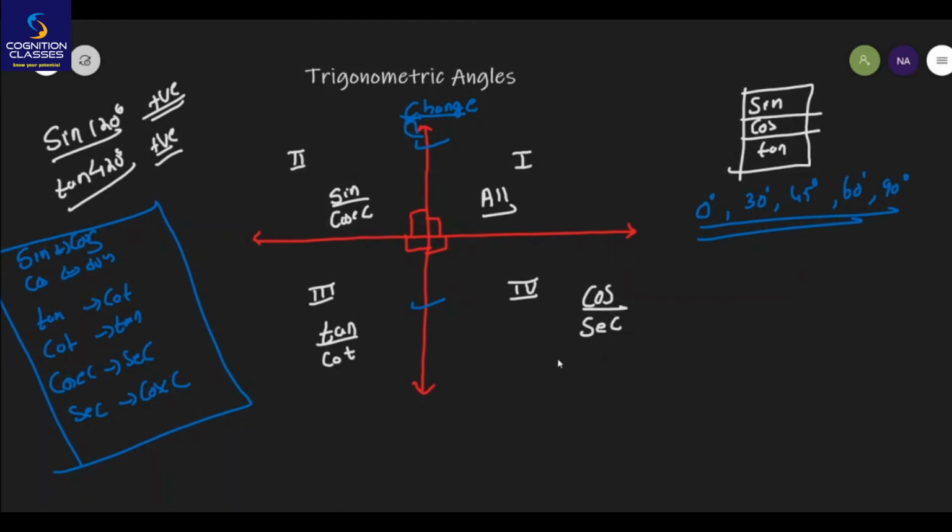Suppose I wanted to find the value of sine 90 plus theta. Let theta be any angle here. So I am going in the anti-clockwise direction, 90 plus theta. I want to find the value of sine 90 plus theta. Always remember, 90 degree is the axis of change. So whenever you have sine 90 plus something, this will be equivalent to cos theta. Sine 90 plus theta will be equivalent to cos theta, because sine will get converted to cos as we are crossing the axis of 90 degree.